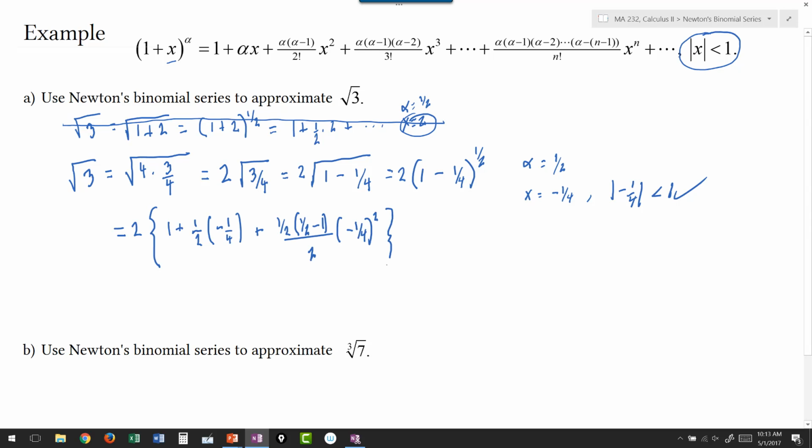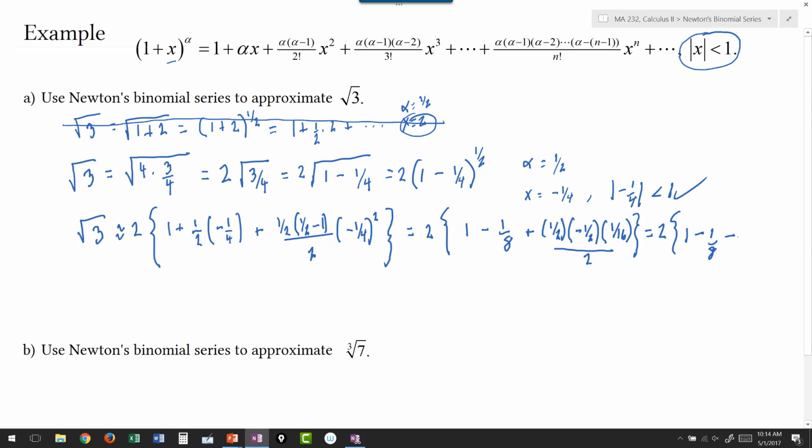Since I'm stopping at, well, degree 2, doing 3 terms, I want to be a little careful over here. And note that what I'm getting is an approximation, right? I get an exact value if I take an infinite number of terms, but only an approximation if I stop. So this approximation equals 2 times 1 minus 1/8 minus 1/128. So all in all, if I get my calculator out, the square root of 3 will be